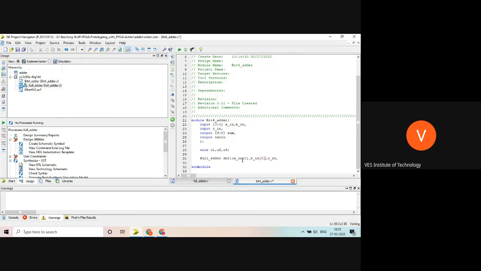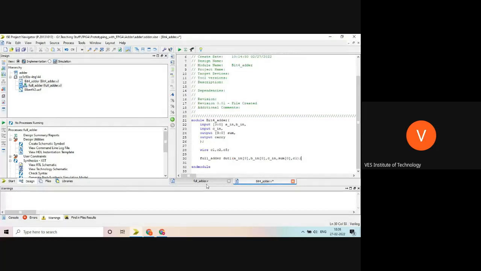So I'm accessing the zeroth input of A in, zeroth input of B in, and C in is the carry in, and mapping it to some 0 as we have done, and carry. So here you can't write carry, so you may write C1. See this.